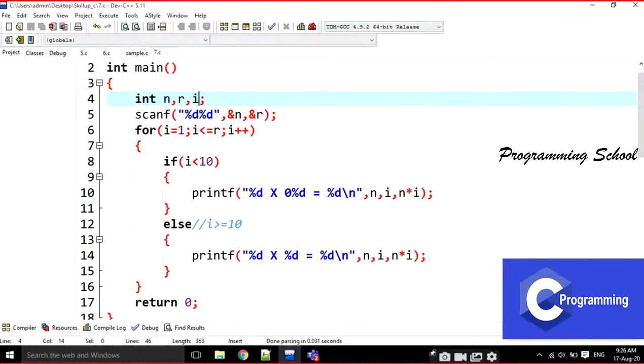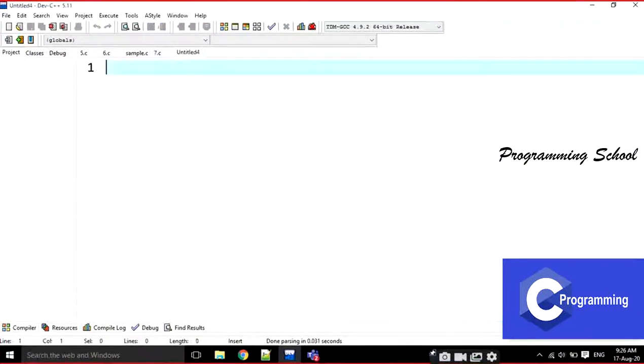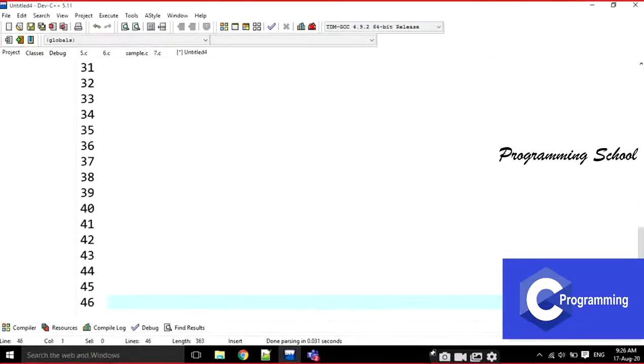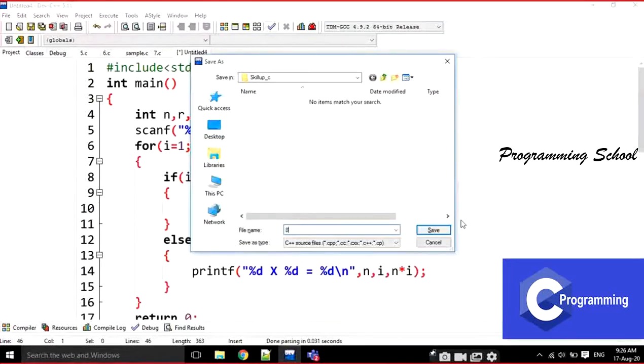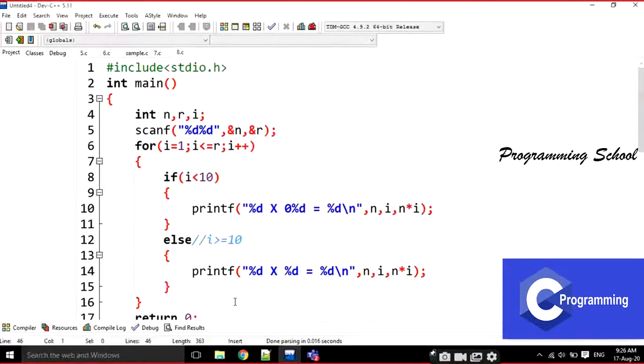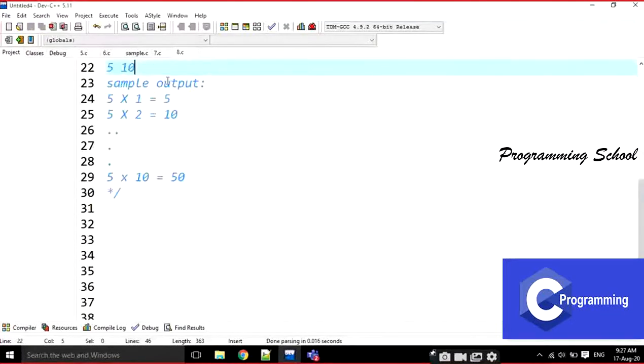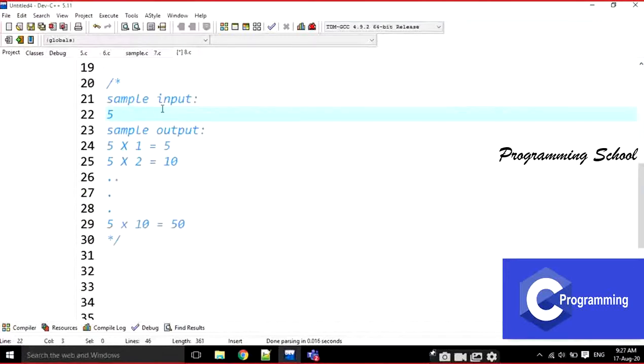And I'm going to take one more example with this. Now I'm going to change the input here. I am going to change to 3 inputs, 5, 2 and 10.